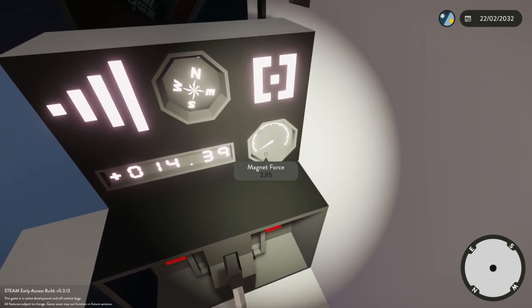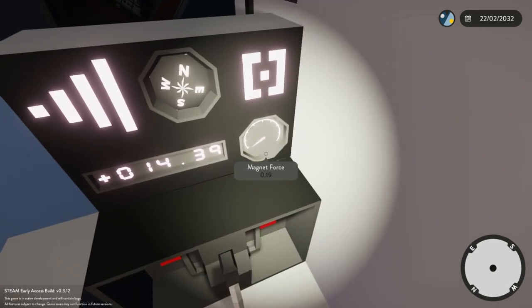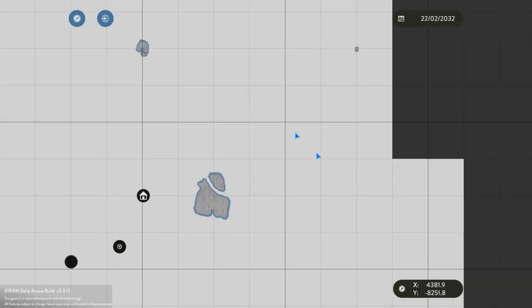So, where do we want to take this boat once we have it? I'd say maybe to the docks. All right. Like, let me look at my sensors here. Maybe take it over to...